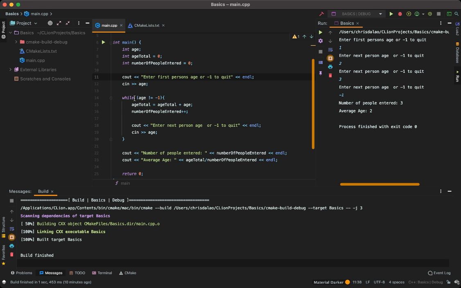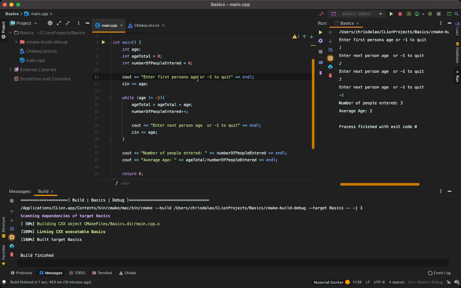Basically, what it is, it's a while loop that is not limited, but it relies on user input. So, basically, what it's trying to do is get the average age for a specific group of a specific amount of people. So here, we initialize three variables, and from here, we let the user know, enter the